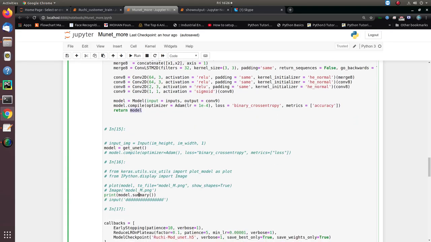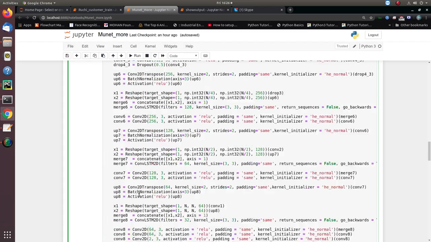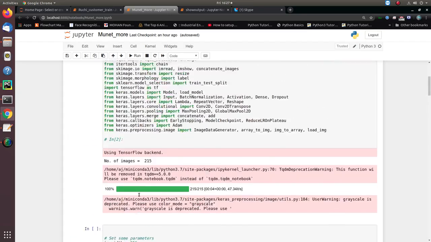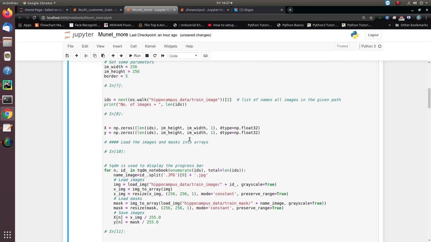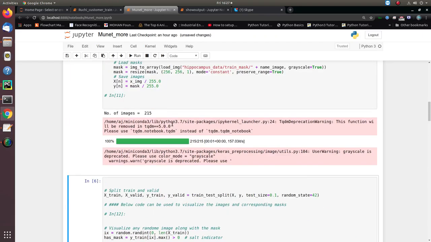And finally the model is being compiled, and when we call this function we get returned a compiled version of the model which can be trained for any type of medical data for the segmentation purpose. Let me show you the execution, guys, in a very quick manner, and thereafter I'll move toward the validation part.